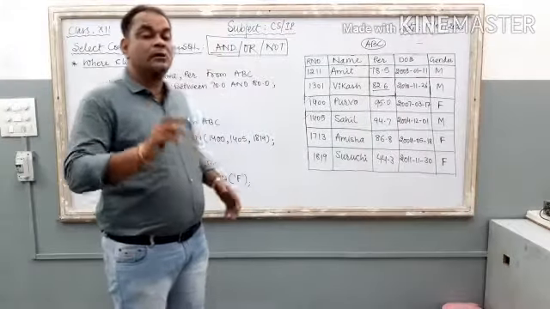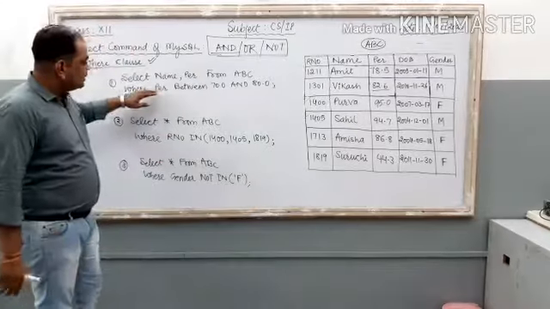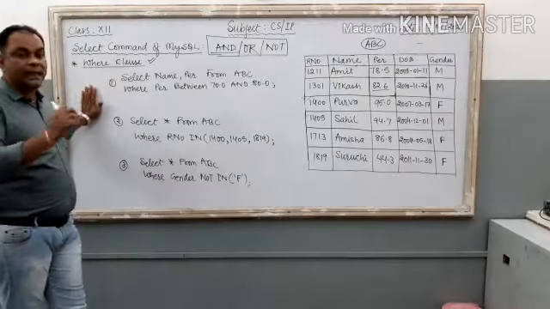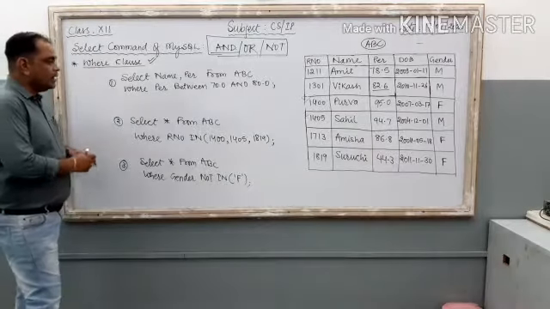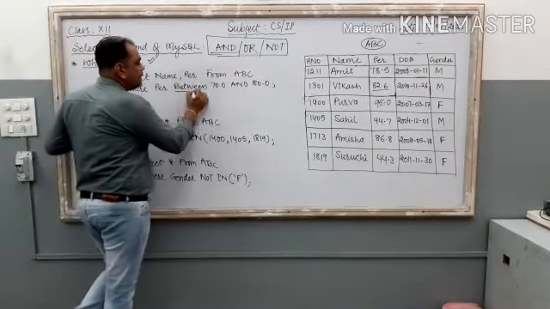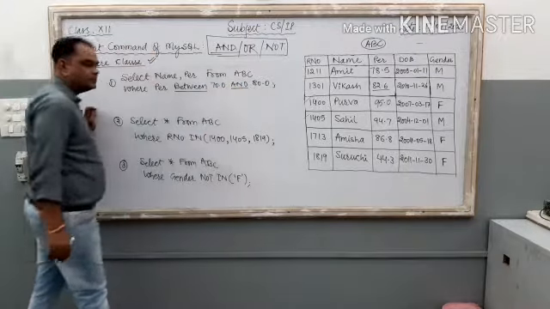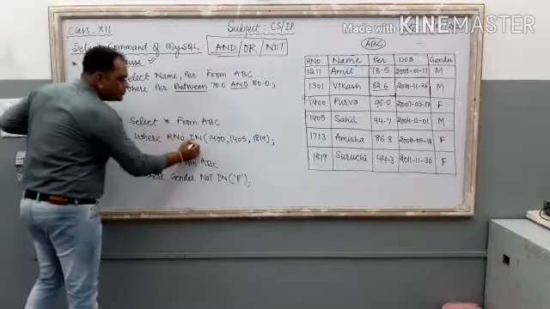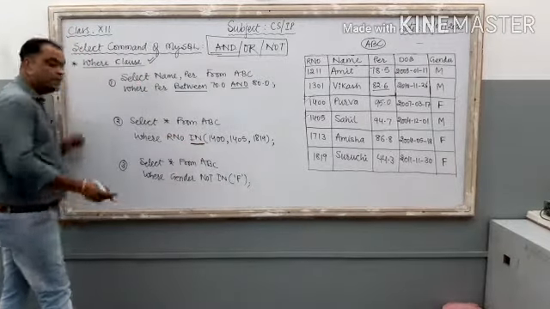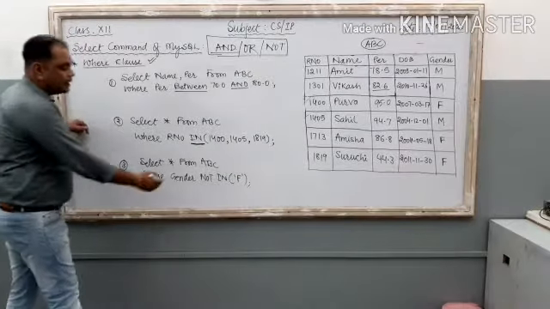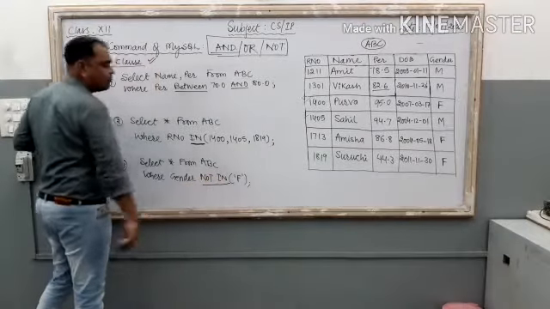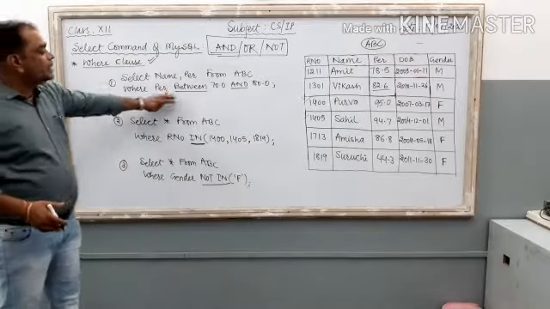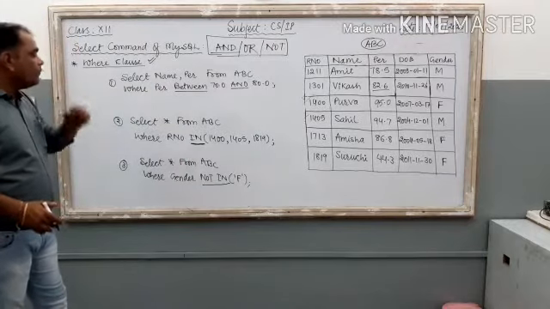Now I wrote three different commands again. These commands are also related to this select and this where clause of the select command, right? In the first command, I use the between and operator. In the second command, I use the in operator with the where clause. And in the third command, I use the not in operator. These three different operators that we can use with this where command are there on the board. Right? So, what will happen?